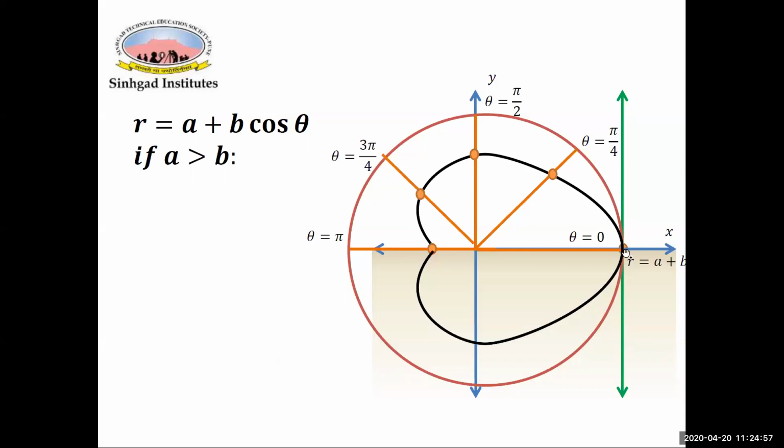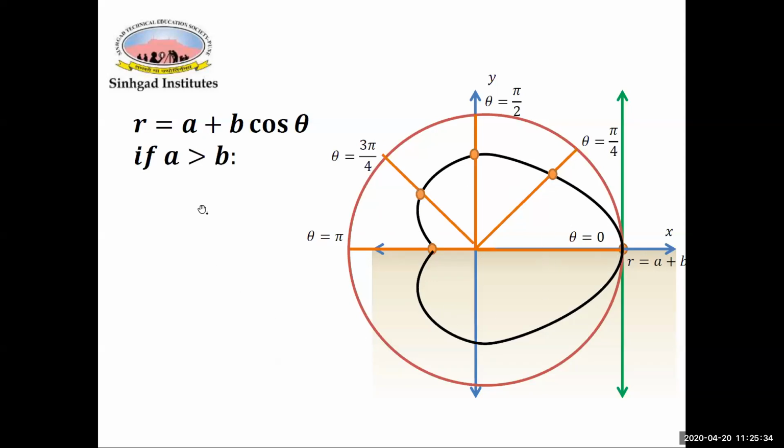Then the tangent at theta equal to 0 is the perpendicular tangent which we have drawn over here. Your curve is symmetric about x-axis. Therefore, the similar curve is drawn here in the third and fourth quadrant. Now, if you look at the shape of the curve, it is like a heart. So it is called a cardioid. So we call r equal to a plus b cos theta a cardioid.